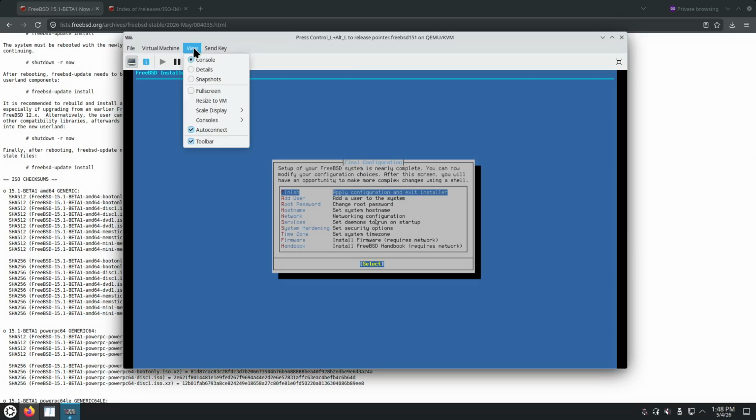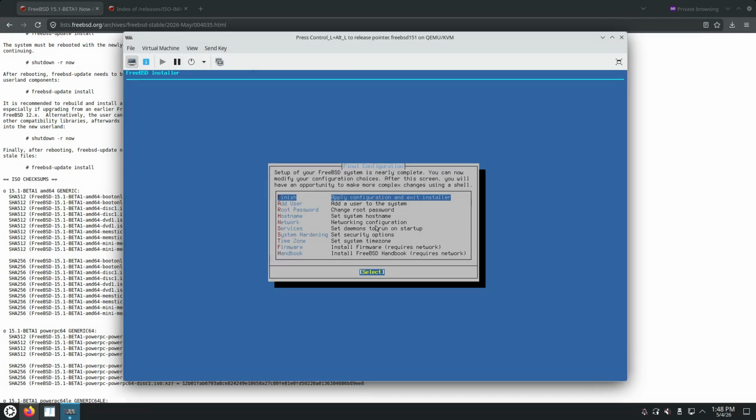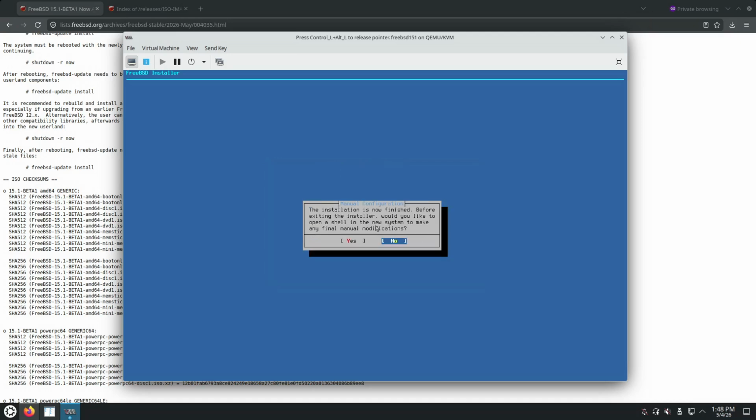I didn't find the options to install the KDE Plasma desktop straight inside the FreeBSD 15.1 installer. Maybe it was somewhere, but I didn't actually find it. We're going to exit the installer. Nothing else I can do from this menu. The installation is finished. Would you like to open a shell? Probably not. Would you like to reboot? I'm going to actually shut down